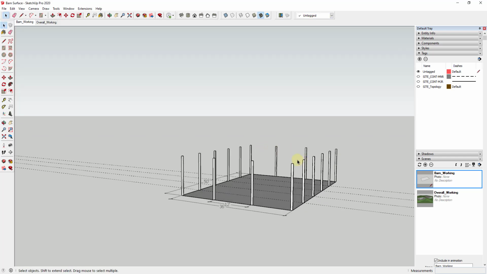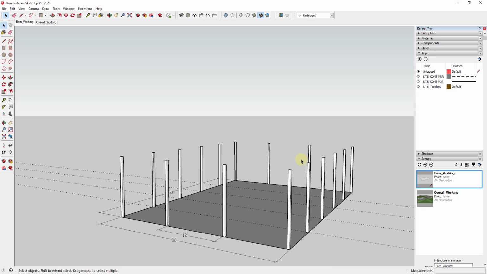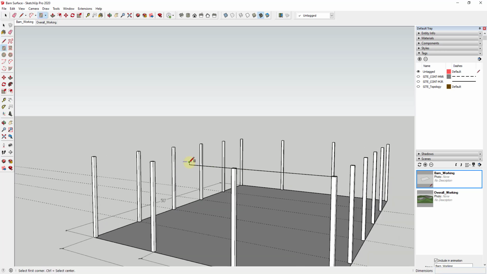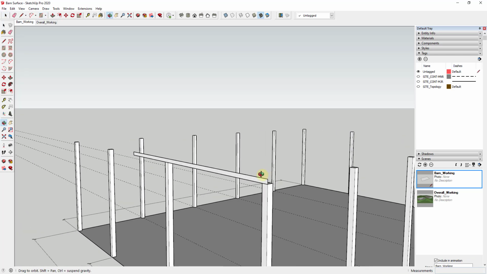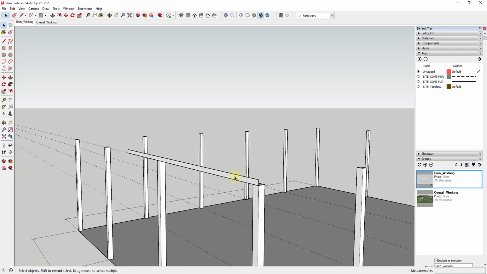And so now I'm going to go in and I'm just going to model out a truss. And it's going to be very simple. I'm not going to get super in-depth on truss modeling in this video. What I'm going to do is just model this truss out as if it was made of 2x4s. So I'm just going to draw a shape right here. We'll call it 3.75 inches thick. And this is usually where I get a bunch of comments about how my trusses aren't exactly right, and you are correct. They are not going to be exactly right, but they're going to work for what we're doing for